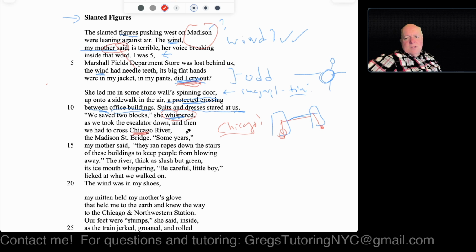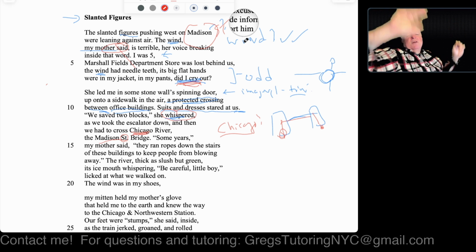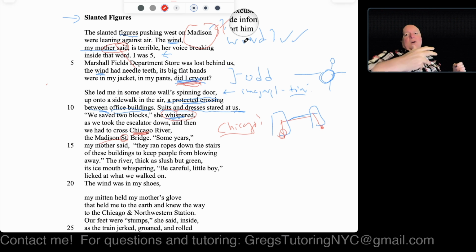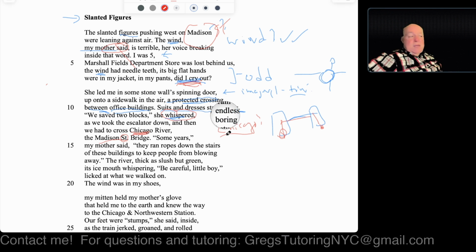They're not in Brooklyn, Queens, Staten Island, or the Bronx. And then it says the Madison Street Bridge. So now we know that Madison was probably Madison Street. Right, it's the same here. We don't always use Avenue or Street. Go 2 blocks should be at 7th. We don't say 7th Avenue or 7th Street or whatever. And it could be ambiguous sometimes, but that's how it goes. So we definitely have a context here that they're in Chicago.